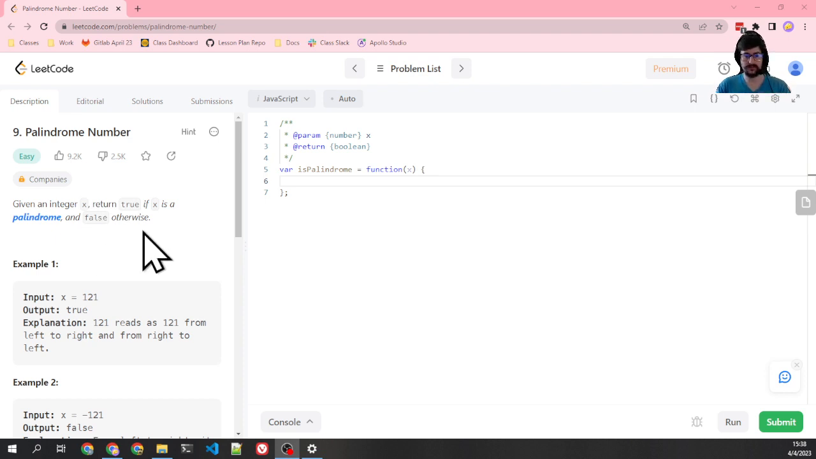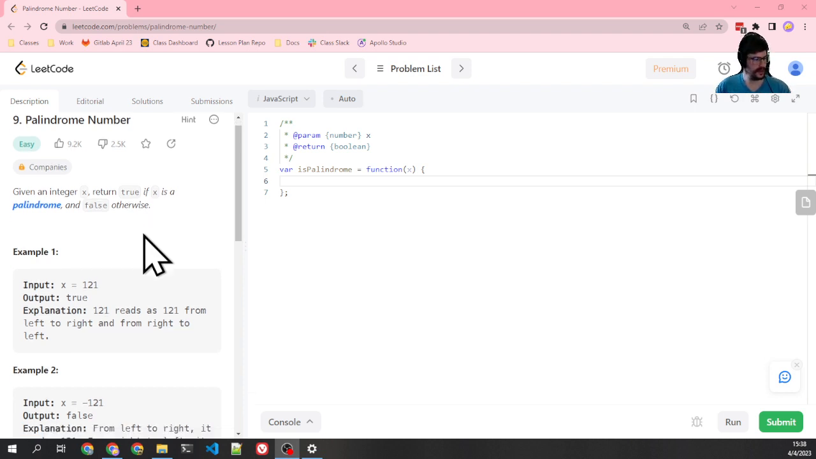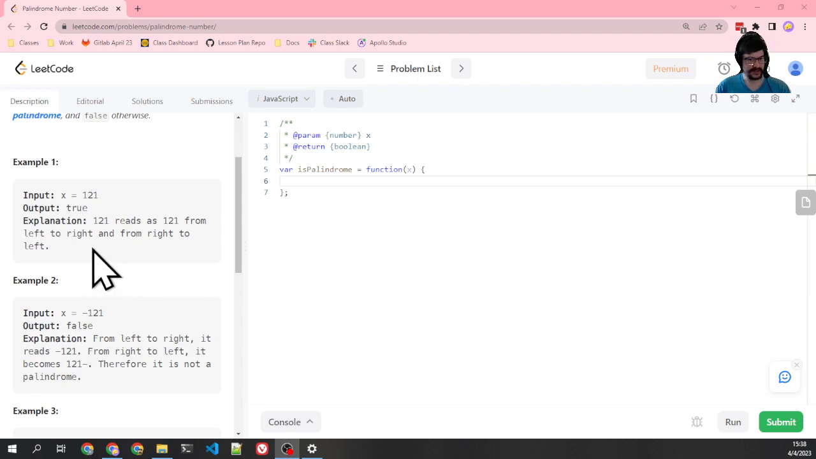Given an integer, x, return true if x is a palindrome and false otherwise. They give us an example. If x is 121, then the output is true because 121 is a palindromic number. And by that, they mean the digits are in a palindrome. So if you don't know what a palindrome is, basically it reads the same way backwards as forwards. If I were to flip this number around completely, it would still be 121, as they said in the